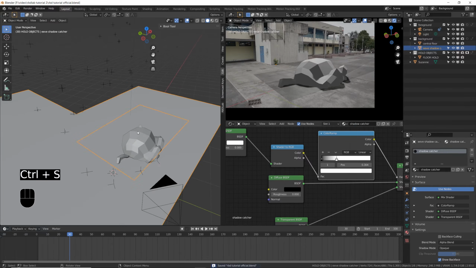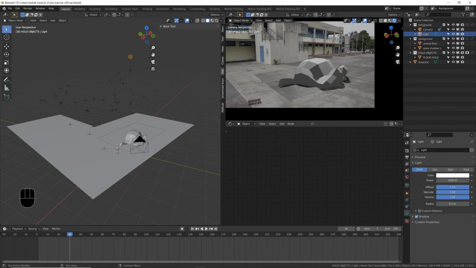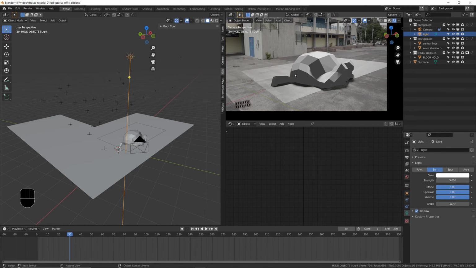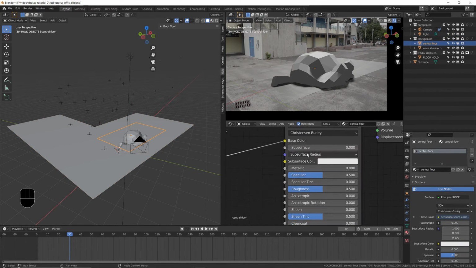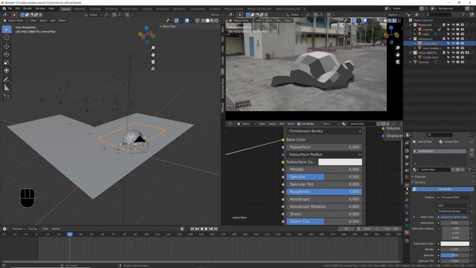Maybe we can now play a little bit with the light. So this light is gonna be switched to sun. Not too powerful, please. Something like 5. I want to play with the light until this platform looks exactly like this movie. So I'm gonna decrease the power, and I see that it's too shiny here. So I'm gonna select the central floor, and in the shader I'm gonna increase the roughness to 1, so that every shining part is now turned off. We can even rotate the sun a little bit,